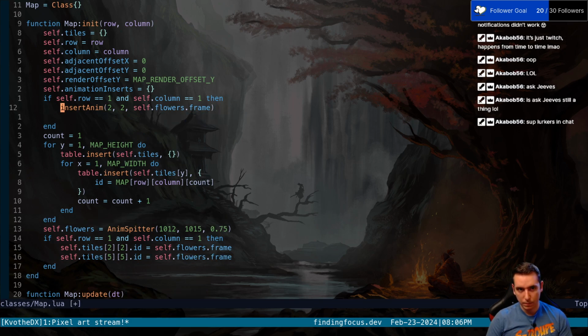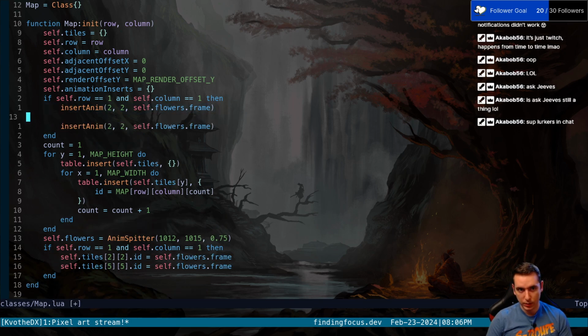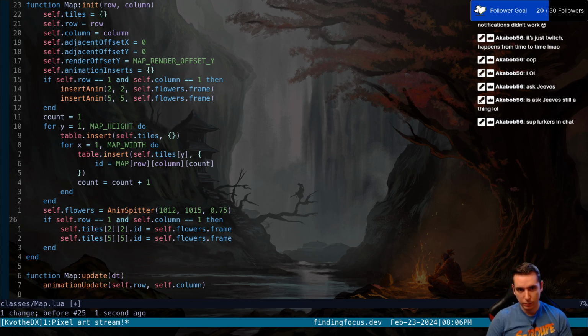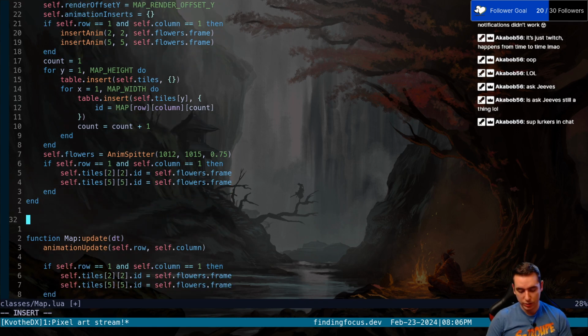And then we would say we also want flowers at 5-5. Now at the moment this function doesn't exist, so this wouldn't do anything. But if we declare what that function is, and we say